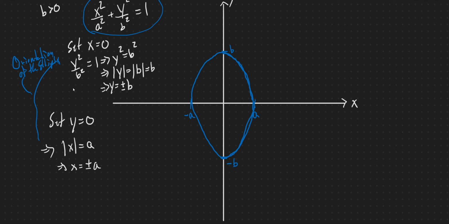You might remember it like that, but I always sort of go back to this technique. And I'm showing you this technique here because we're going to use a similar technique but in 3 dimensions. But when we set variables, since we have 3 variables in 3 dimensions, when we set one of those variables to a particular number, what we're going to get out is a curve rather than a point